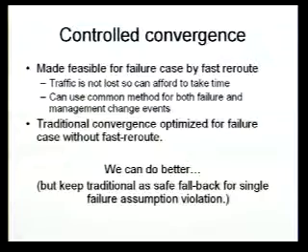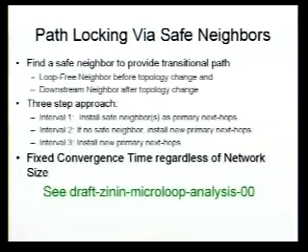Of course, sometimes it's not a single failure. It's not a single link. It's not a single node that went down. It's not an SRLG, or a known SRLG, I should say. So you want to have the traditional do it as fast as you can approach as a safe failback. If in the midst of doing a controlled convergence, you find that there's been a problem, that a second link has gone down, you've got an unrelated LSA, then you fall back to do it as fast as possible. But here's what you can do. Here's a couple methods if you have the time, if there's been a single failure or a single change.